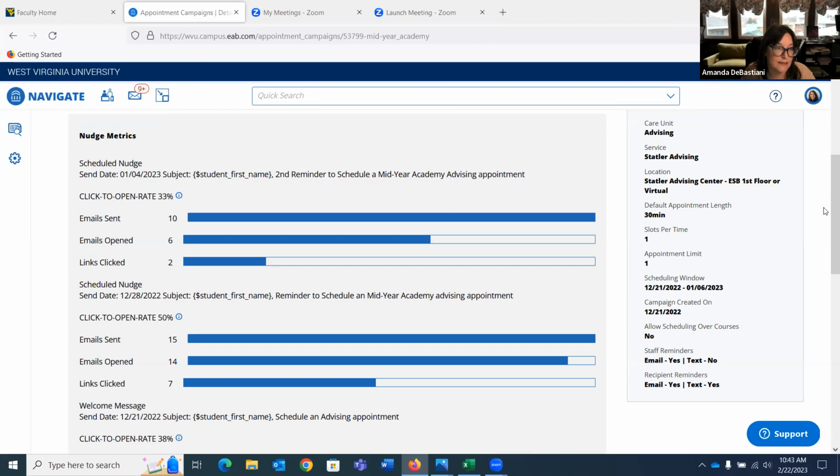So again, I feel like I'm not giving best practices. I feel like I'm saying more that this system can adjust to what you think makes the most sense for your area. I will say there are now lots of folks on campus who have been using it for several years. So if you have questions about what works for different groups or how different folks have it set up, you could talk to either myself or Joy to get that overview of how it works university wide. And we could at least connect you with folks who are using it individually, those super users, if you will, who could give you some more